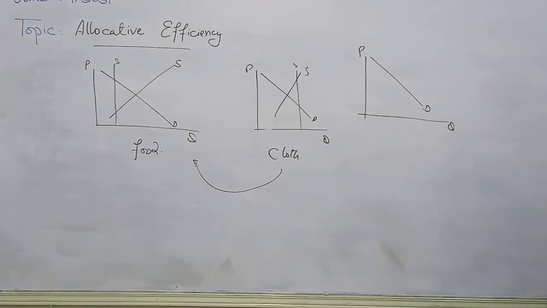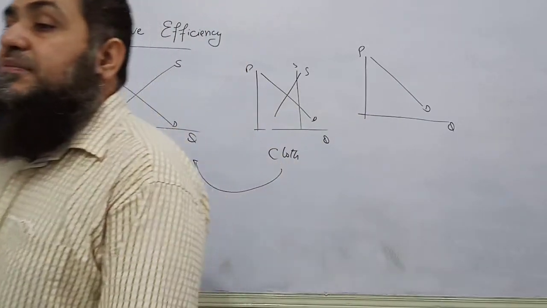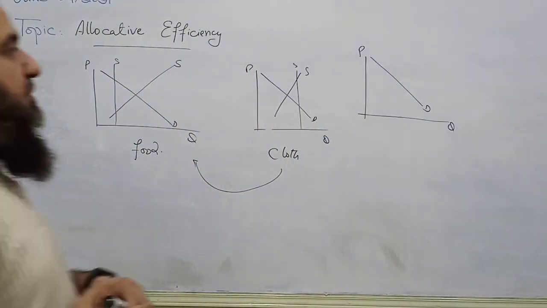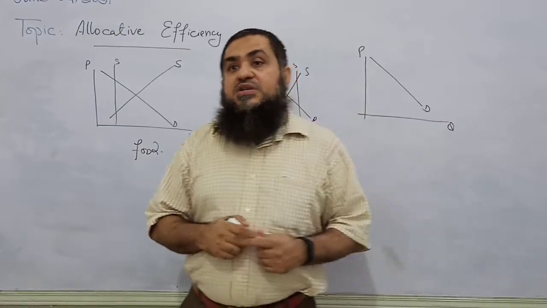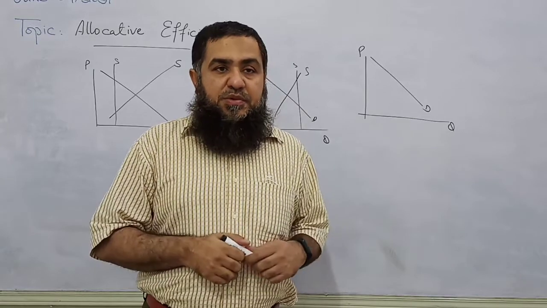I want to explain one thing. This utility topic will be coming in our next chapter. But for the sake of allocative efficiency, I am using the same concept over here. How is the consumer deciding how many units he is going to buy in the market? How will he decide? If you remember the concept of consumer surplus, do you remember? Yes. The willingness to pay and actual payment.